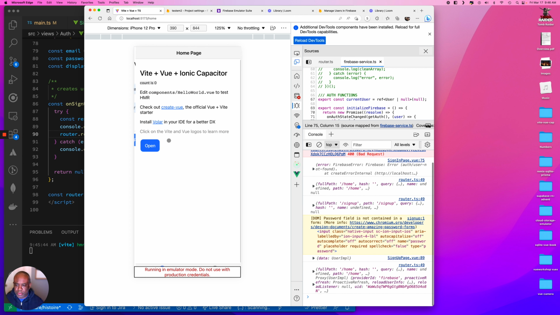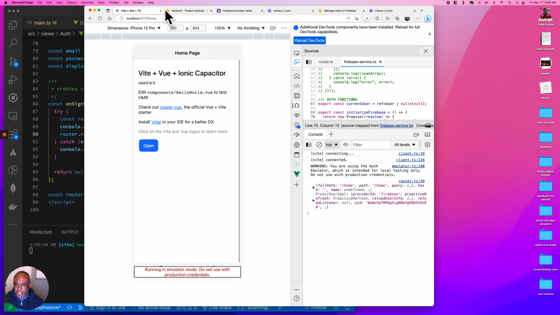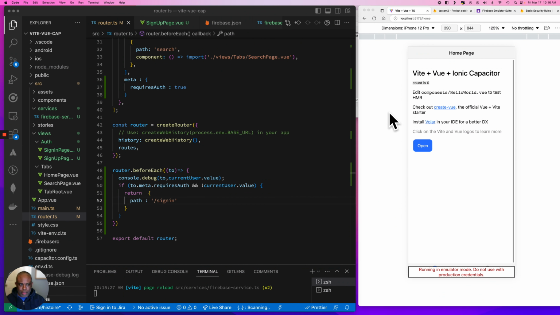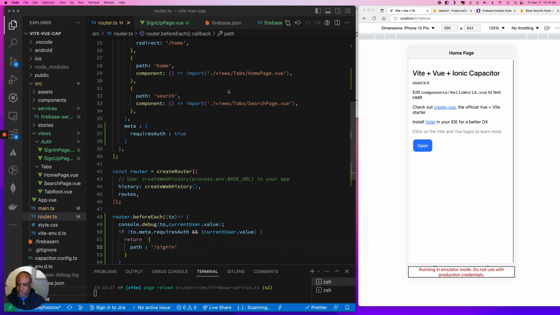Sign up. And it redirected me to my home page. It has my user. And now if I completely hard refresh my page, it takes me back to my page because I have my signed-in user. Okay, now that we have our protected pages and we're able to log in a user, let's start to protect access